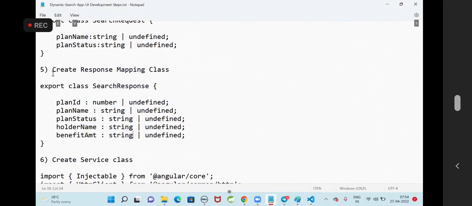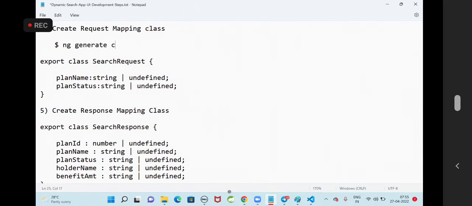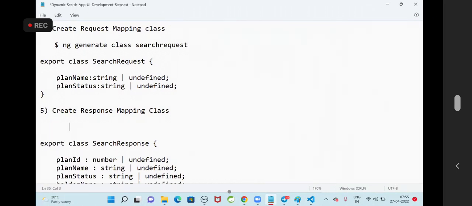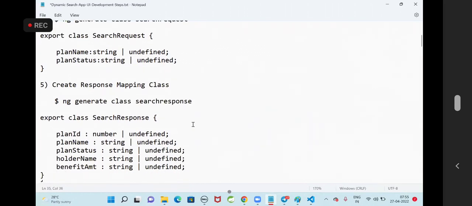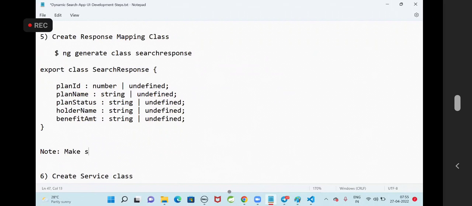Are you guys comfortable with this? Creating search request class and creating search response class. What is the command we are executing? ng generate class, name I am giving as search request, and creating response mapping class. Okay, ng generate class, that is search response. Got it? Now here one thing that is important, note, make sure